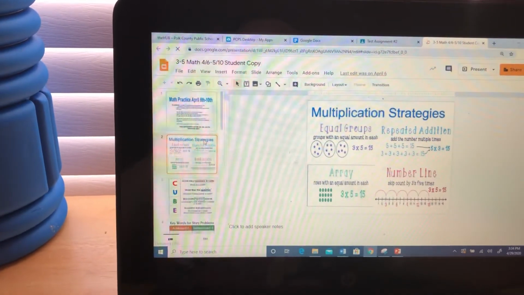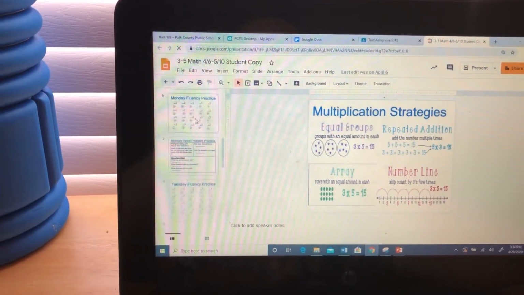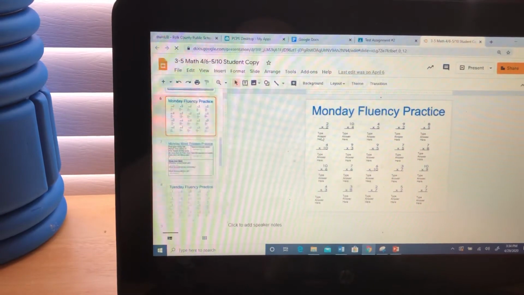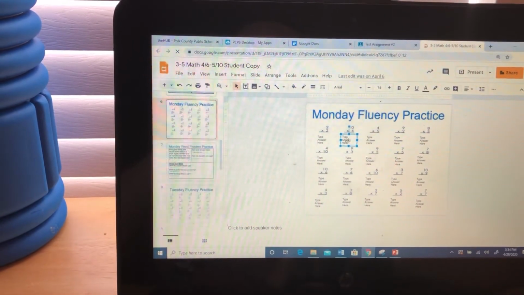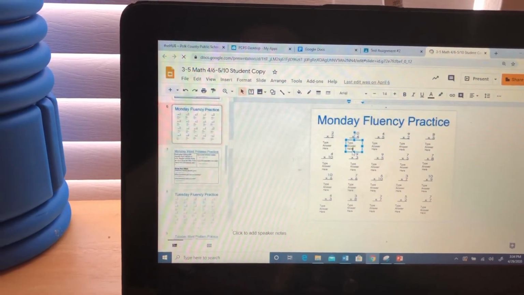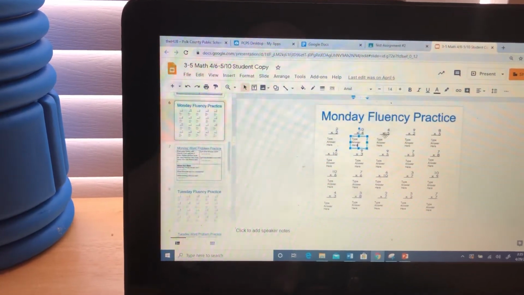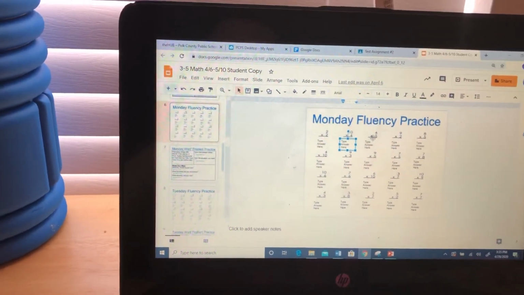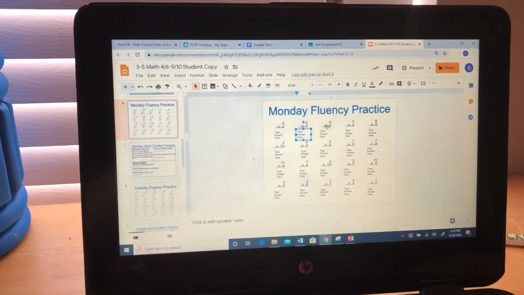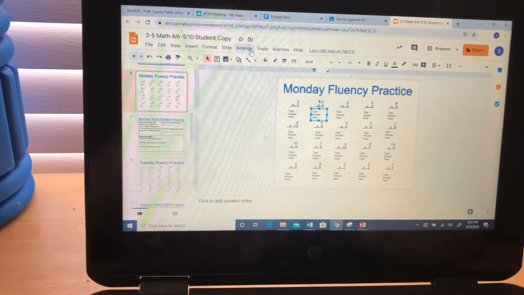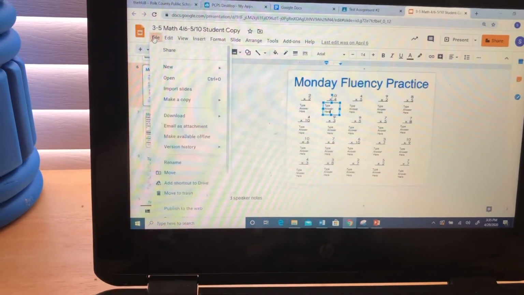But the problem that we were running into was that we could not click on it or edit it. So it would show up, and no matter what I did, I couldn't type. Now, for whatever reason, it's still letting me type on it. I'm not sure why it would not let you guys type on it. But if you run into that problem, you're going to say File,